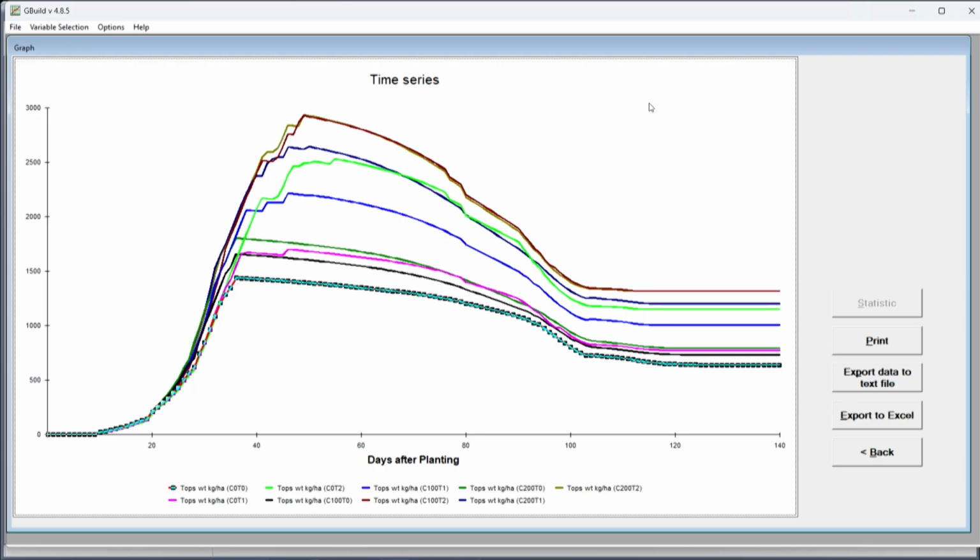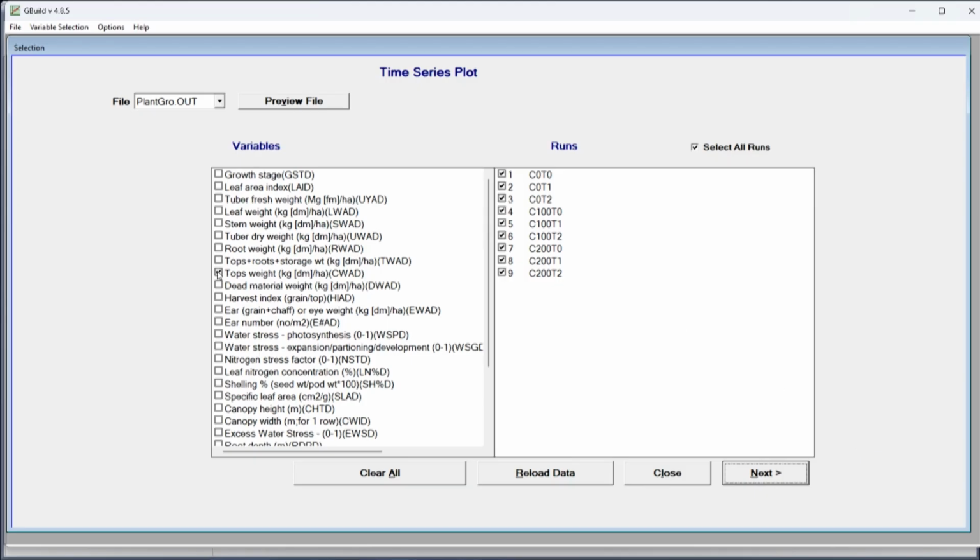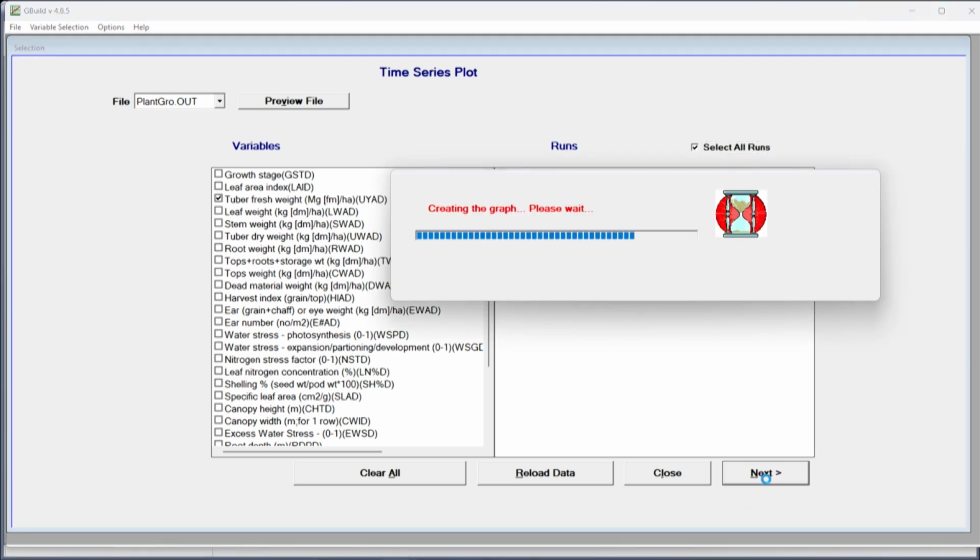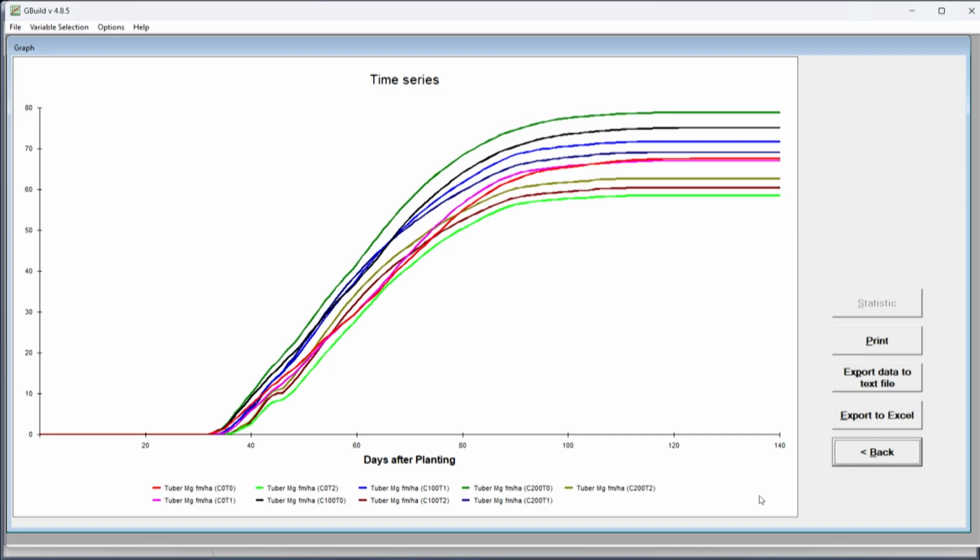If you go back and click the tuber weight, the tuber fresh weight, here for potato, you have the tuber fresh weight and tuber dry weight. So, if you put the tuber fresh weight and select next, you can see the yield levels, how the tuber yield changes.